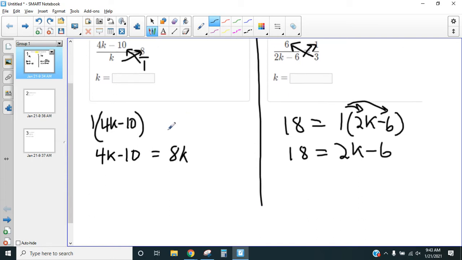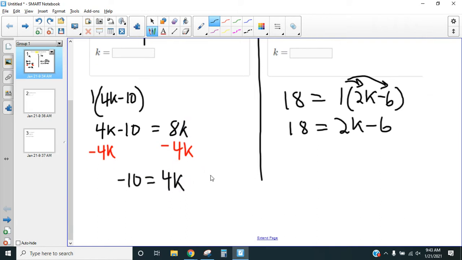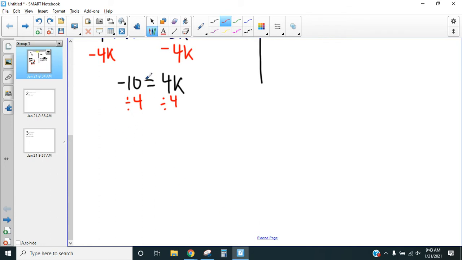So on the equation on the left, what am I to do? Who has a suggestion? Subtract 4k like that. Okay, awesome. There are lots of ways you could do this, but that's one of them. That's probably what I would have done. So 8k minus 4k. Bingo. There's one last step here. Let's finish up this side. Yeah, divide by 4 on both sides. We'll be left with,